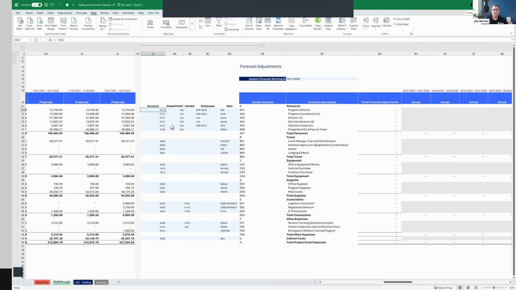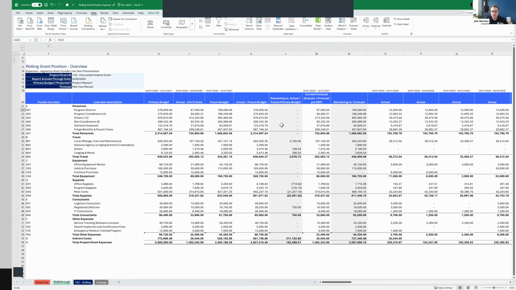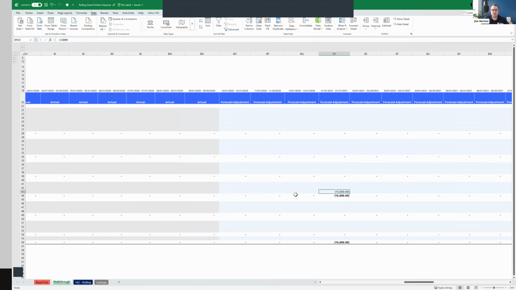And this will be the GL account and dimensions that that budget is going to flow back to. Now, let's say, for instance, I'm looking at this budget, and based on my preliminary forecast right now, it looks like I'm going to have some remaining or an overage here. But maybe I know that this overage we're projecting is not real. Maybe it's not going to be as extreme. So I'm going to maybe knock 15K off of this. I can go to my meal costs line and say, at some point in the future, maybe in January, we're going to take 15,000 down because we know there's going to be some change.